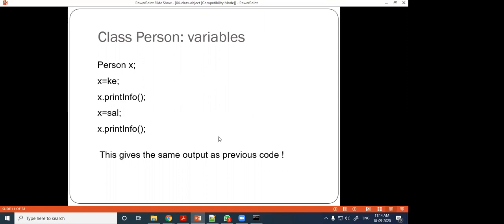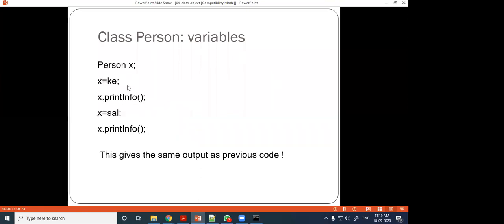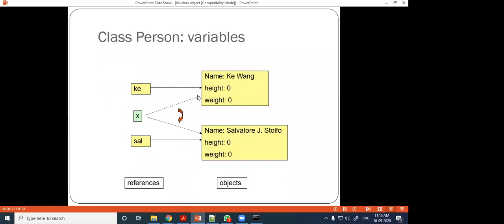So next you see the diagram here. See the diagram representation. K is the object where this information is stored. Then Sal is the object where this information is stored, and Sal is referred to this location, K is referred to this location. And in the slide here, X is referred to K. After some time, X is referred to Sal.